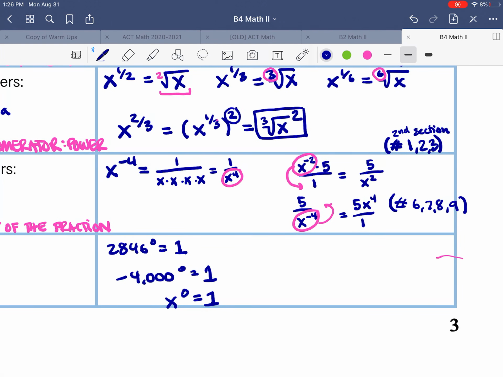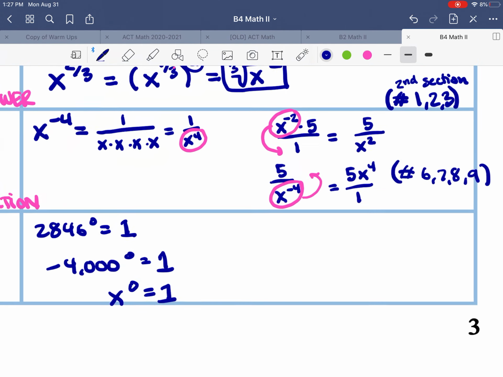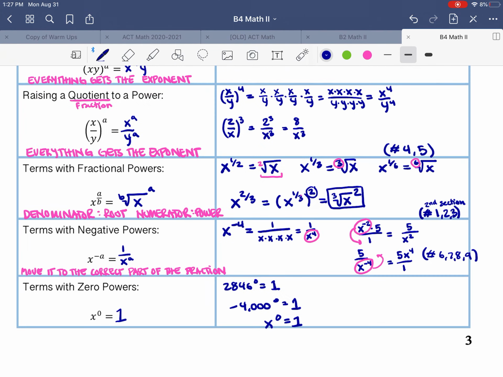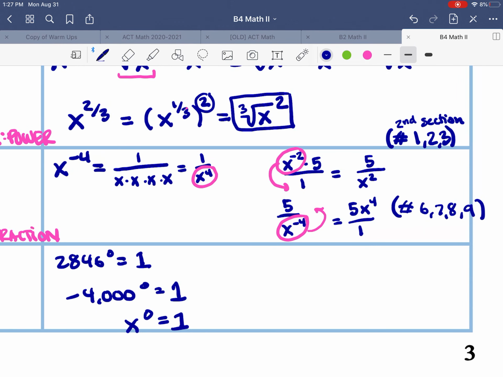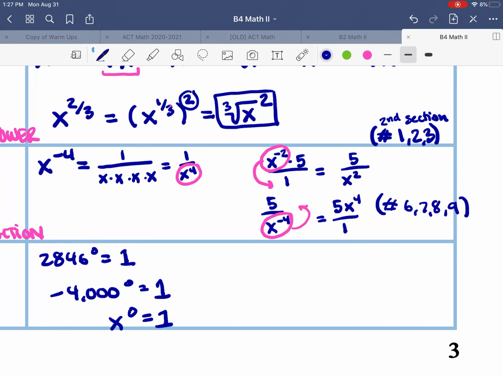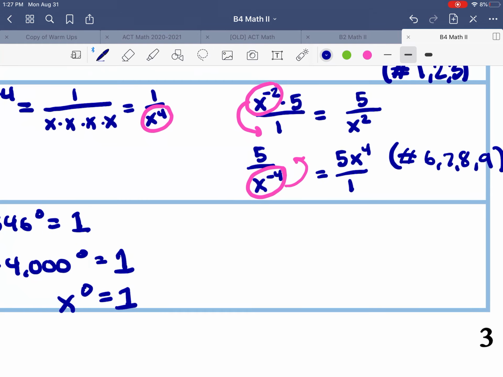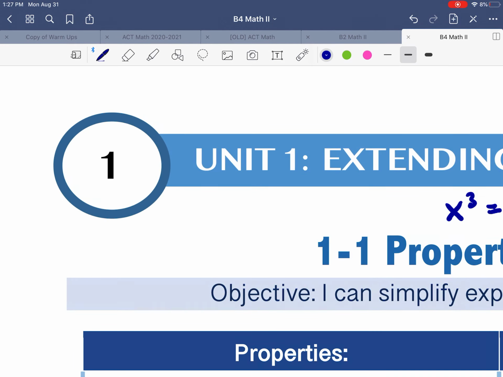The reason that this is true, and I found that a lot of people don't know this, so it's just kind of an interesting tidbit. Instead of memorizing a rule, you can understand the rule. When mathematicians were trying to define x to the 0 power, since it's not super intuitive, it's hard to think of multiplying something by itself 0 times, in order to come up with a definition for x to the 0 power,